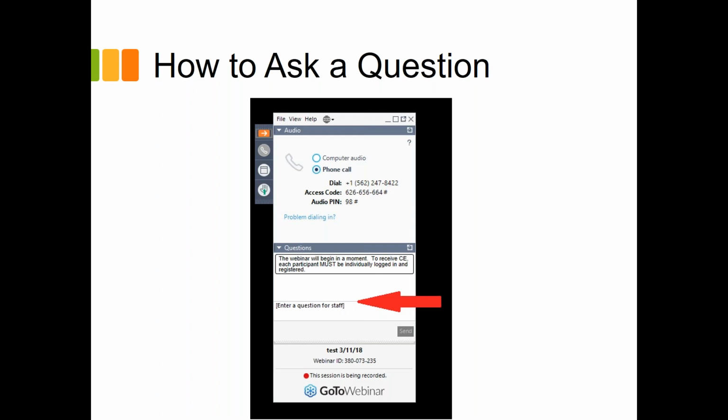Someone's asking to clarify again the PREP Act versus the board's rules when it comes to technicians. They want to know, can technicians only administer flu and COVID vaccines under the PREP Act? Well, no, childhood vaccines in addition to flu and COVID are covered under the PREP Act. Any other vaccine would be under the board's rule,